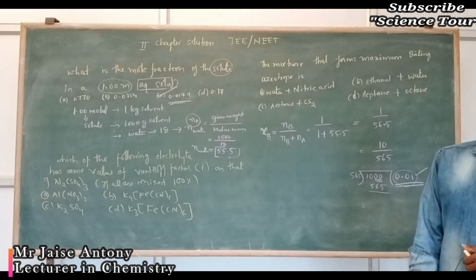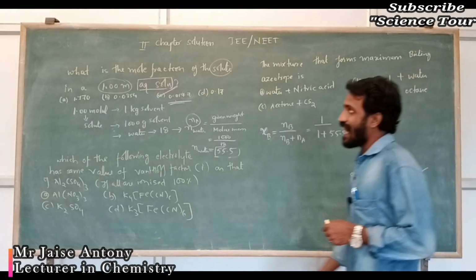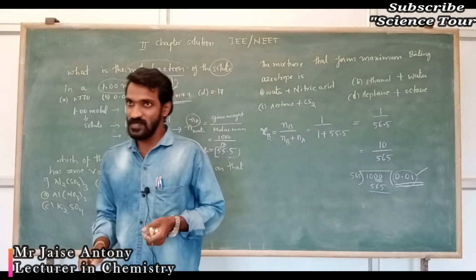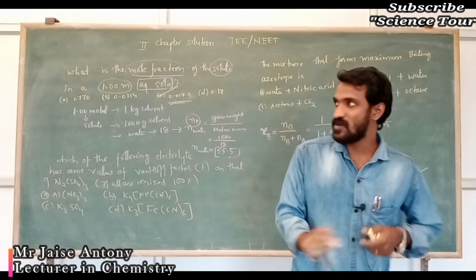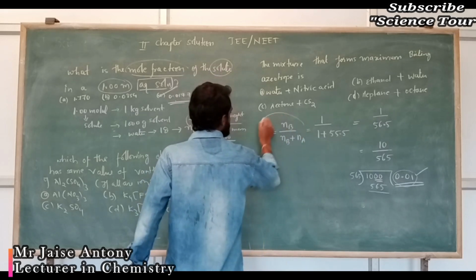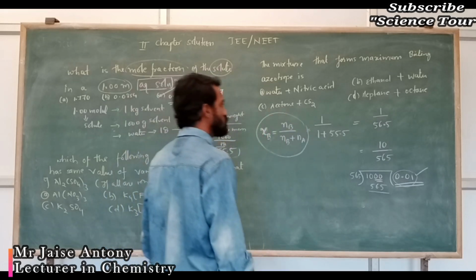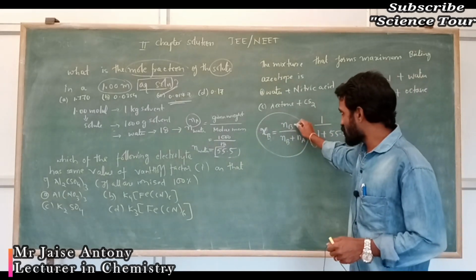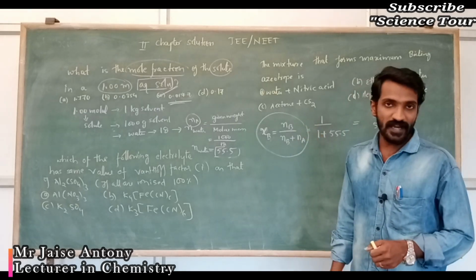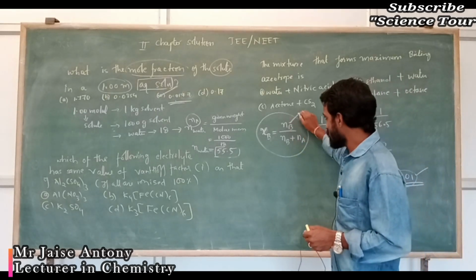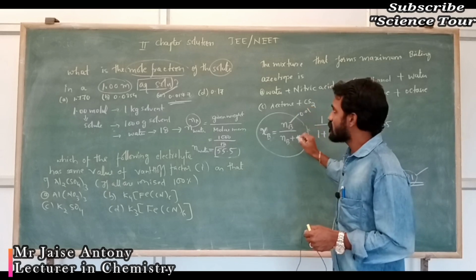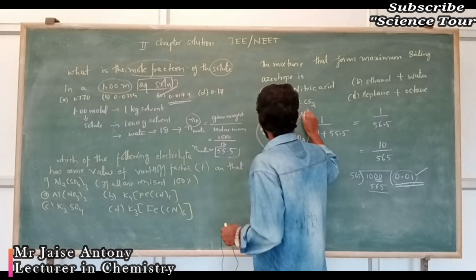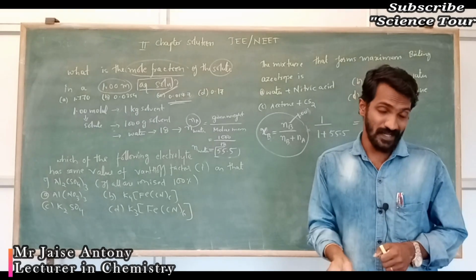My dear students, once again I will explain this term. They asked in the question, find the mole fraction of the solute. To find mole fraction of solute, we have only one formula. It is nothing but XB is equal to NB divided by NB plus NA. So in this you have to find out number of moles of B and number of moles of A, correct? But in the question they have given number of moles of solute. It is nothing but 1.00. They already given.